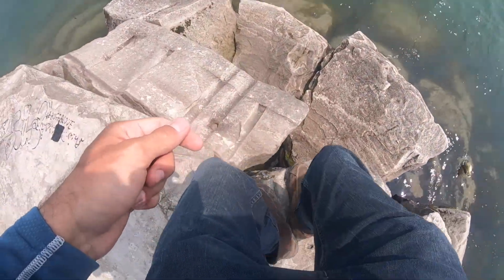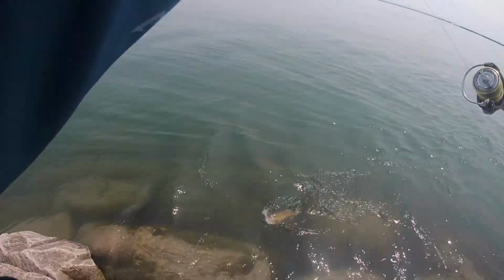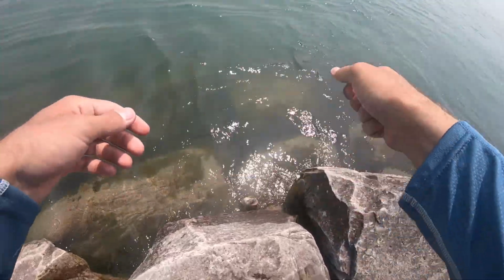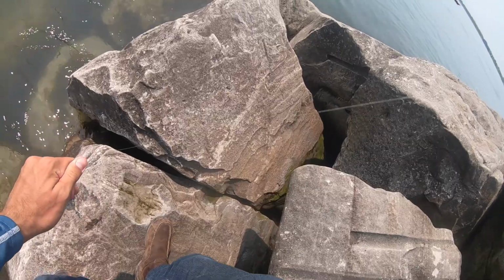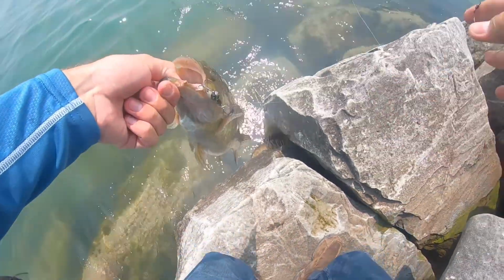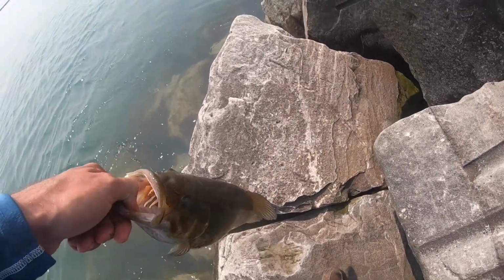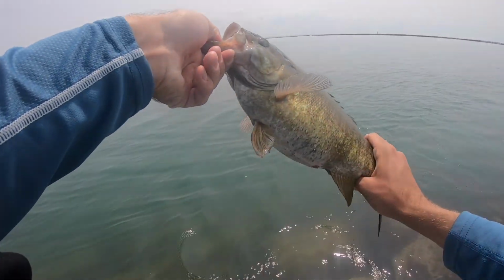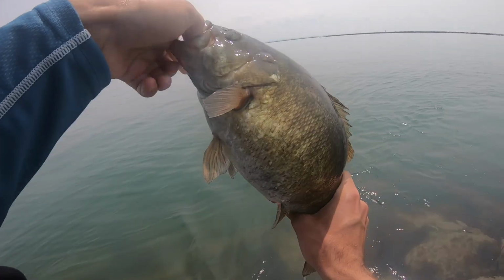Let's see if we can get down here without falling. Don't pop off. There we go. It's a good smallie. That thing is just so fat. Let's see if we can show the belly to you guys. Look how fat that thing is. Not a super long fish, but